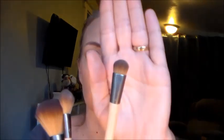So the last thing I want to show you guys that I do is, this is Wet n Wild blush. This is Rosé Champagne. It's kind of a skin color. So I got these Eco Tools brushes on sale at H-E-B. They were already on clearance. It came with this little container, and it had this brush, which I really wanted this brush, this big eyeshadow brush,